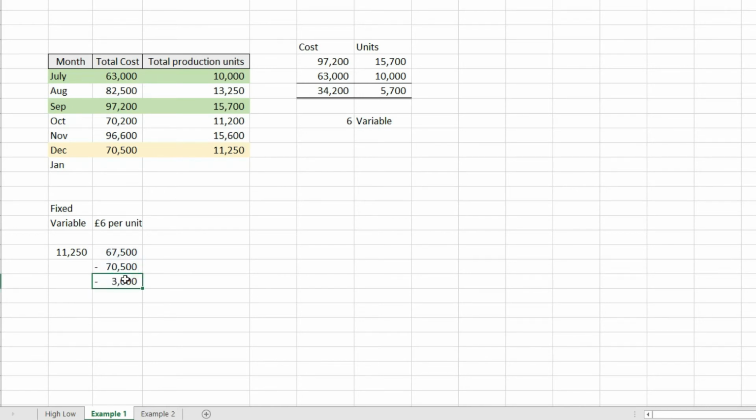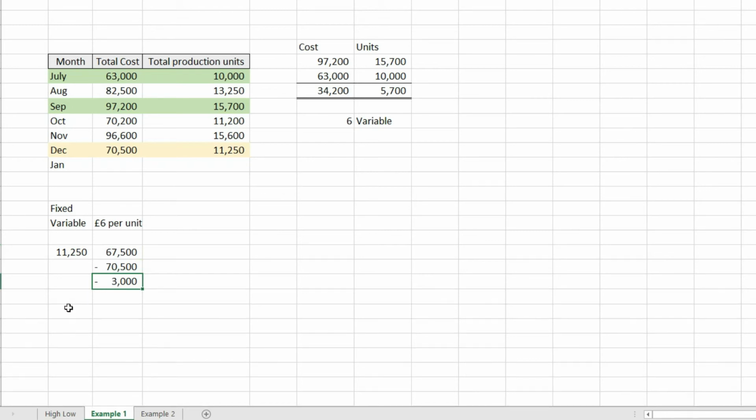I'm only minusing just to get a variance, but you can do it either way, as long as you're just taking the amount of cost that you've calculated minus what they've got, or the other way around, what they've got minus the 7,500. That'll still get you back to your 3,000. So £3,000 is your fixed element, and we can check it before we go ahead and say that that's definitely